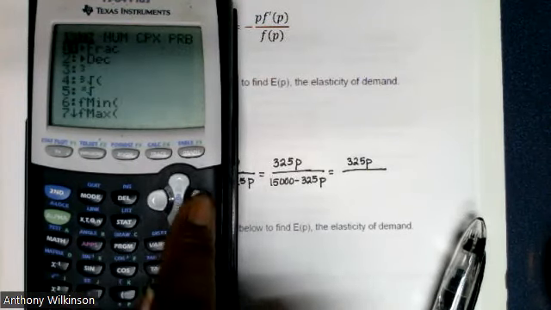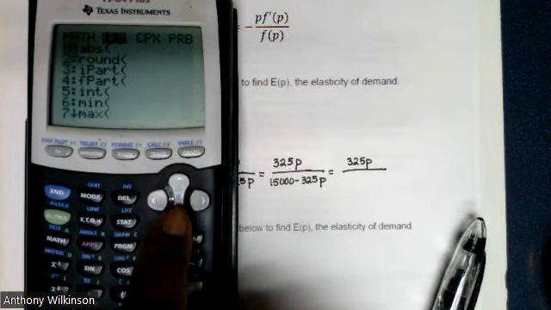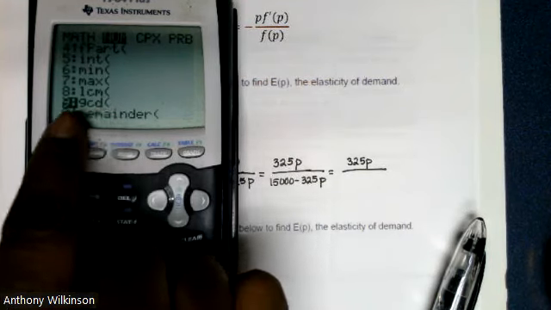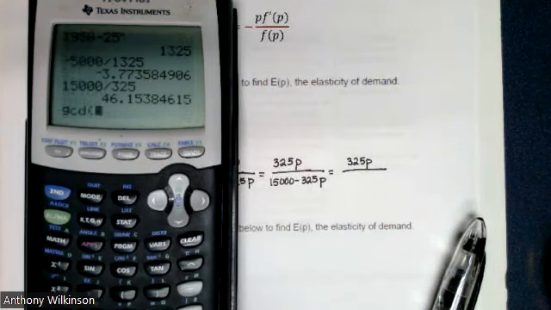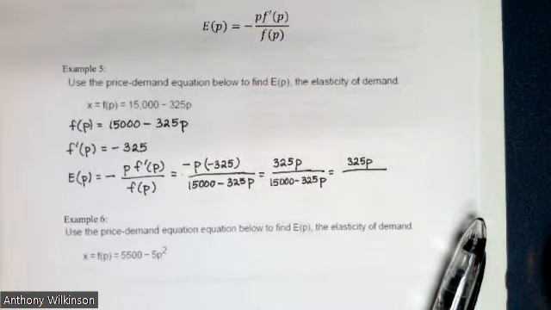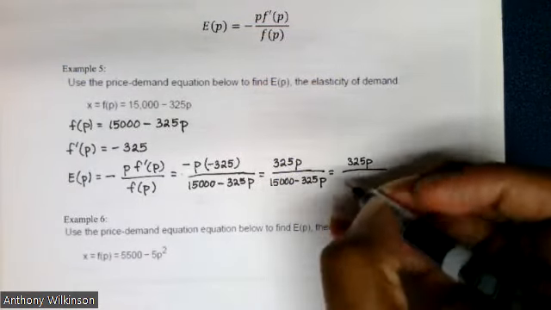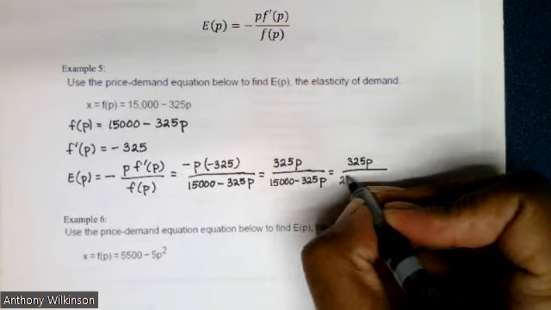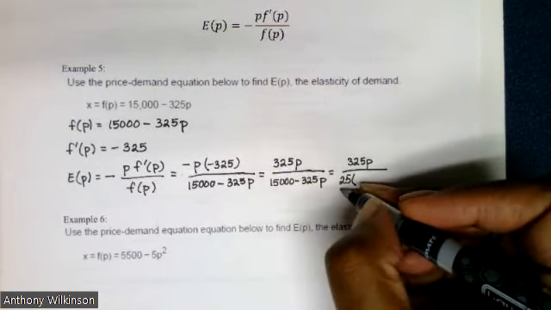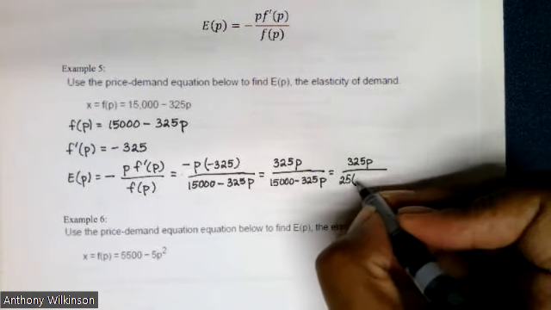If I press the math key, go to the number menu and find the greatest common divisor here, and type in 15,000 and then comma 325, close parentheses, that would be 25. So 25 is the largest number that goes into 325 and 15,000. Factor that out, this will be 15,000 divided by 25, which is 600